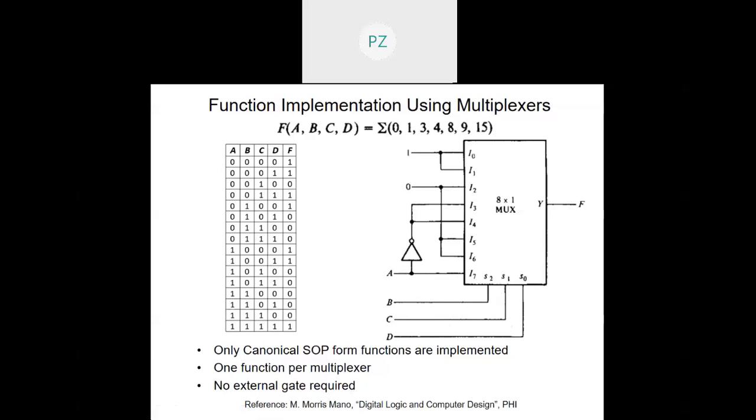So we'll stop here. We should be looking for such a device wherein I can realize more than one function at a given point of time without putting any external OR gate. Combining the advantages of both a multiplexer and a decoder in a single circuit, if at all possible, and doing away with the disadvantages of decoder based implementation of a function and multiplexer based realization of a function in a single circuit. That circuit, let me hint you right now, we will study later. That is called ROM, read only memory. We will see it later.